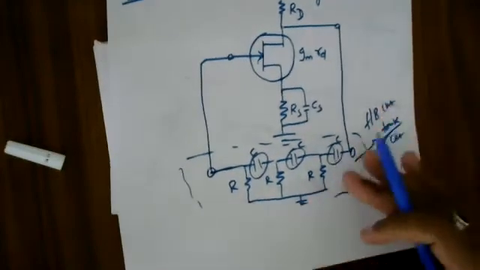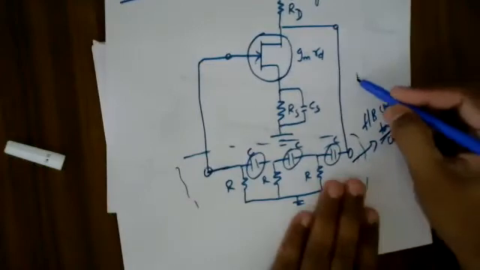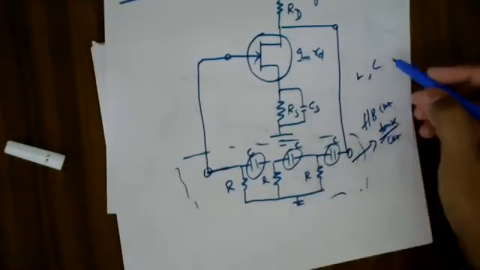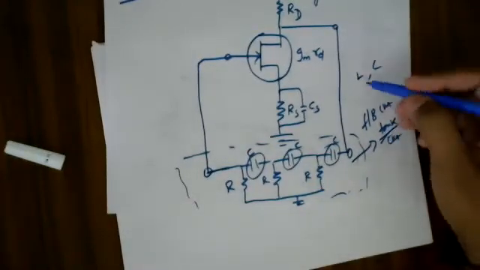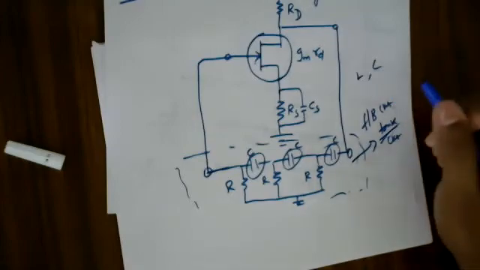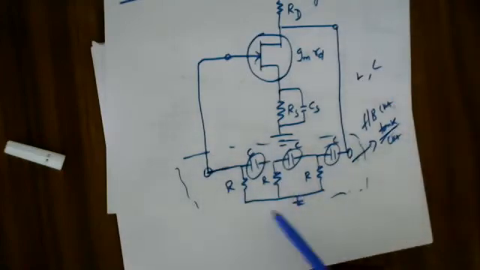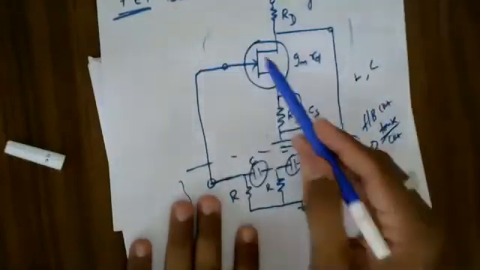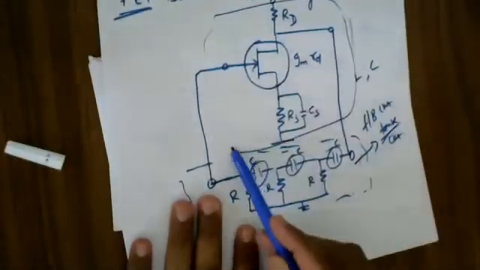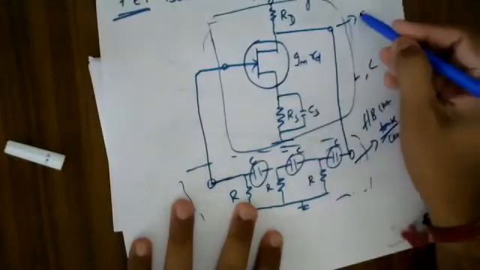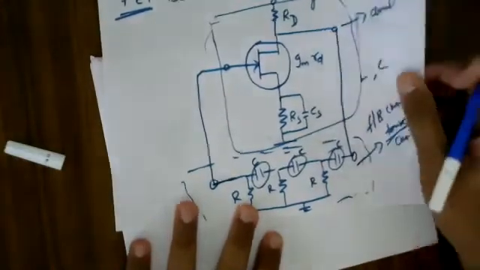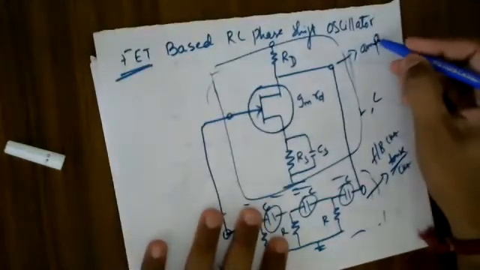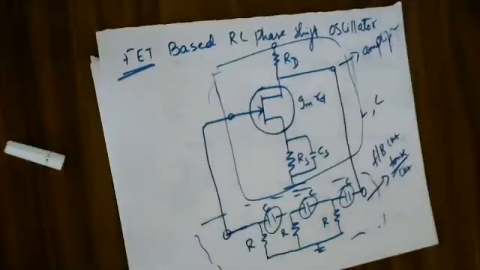So normally in the feedback circuit, we will have components such as L and C, either in individual form or as a pair of L and C. That's the reason why the feedback circuit is called a tank circuit. This portion of the circuit is well known to you, and it is nothing but your amplifier.